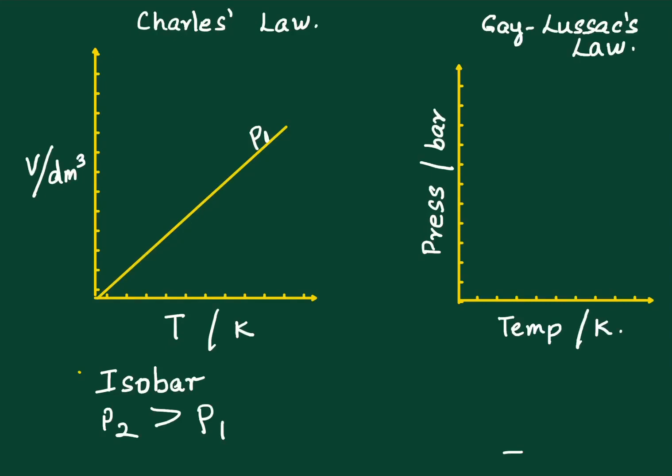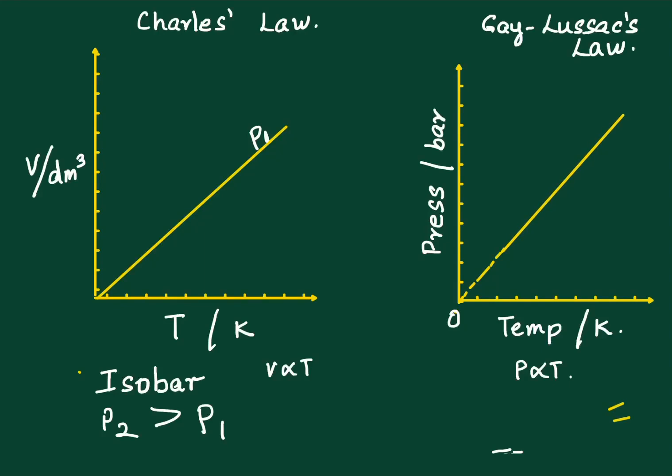What do you think would be the graph? Remember in Charles' law it was V directly proportional to T. Here it's P directly proportional to T. Correct. The graph would be something just like what we drew in the Charles' law. So although the hypothetical temperature 0 Kelvin is difficult to attain because the gases liquefy before that, we can show the graph as extrapolated and we draw a straight line graph.